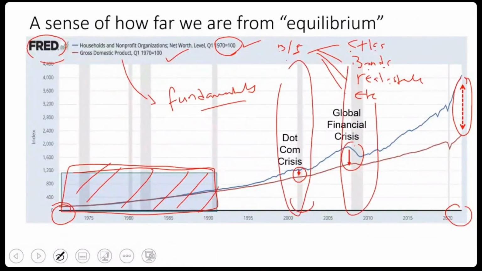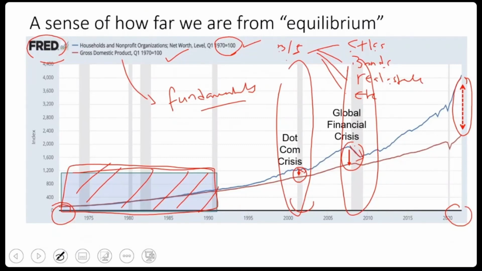These are basically the so-called recessions. Recessions are designed to take away the froth, to take away the excesses of financial markets, to try and bring it back down to reality. So every time you have a recession, you see that blue line trying to get back to near the red line. So basically, it's kind of like an adjustment back to reality.